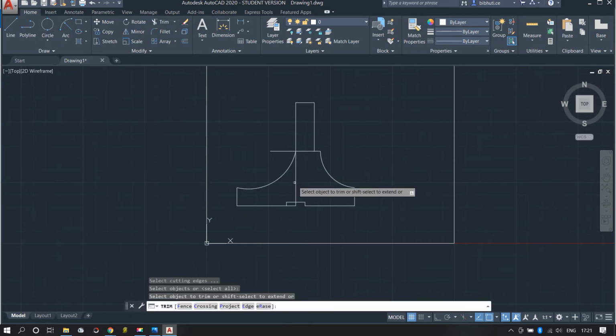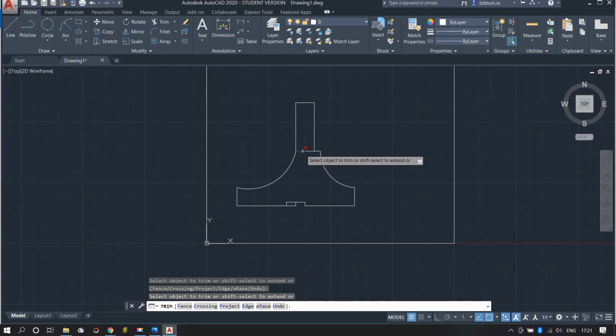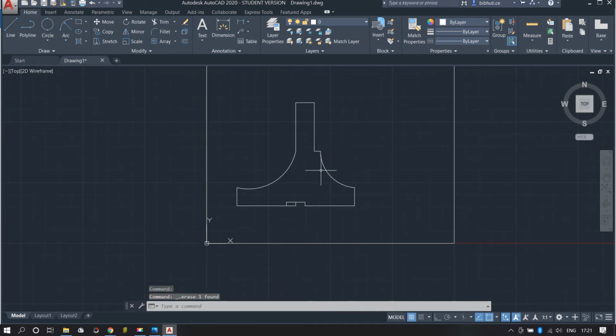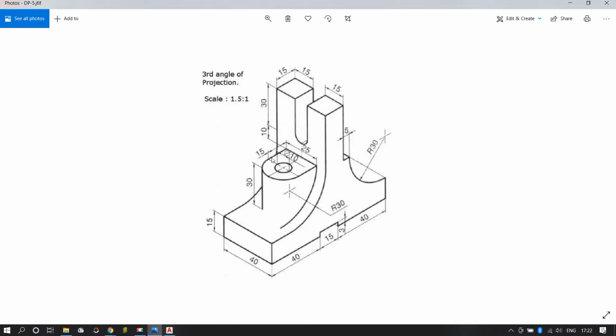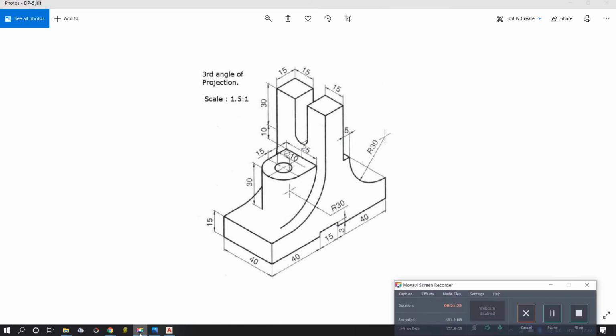So trim this portion, and trim this portion. Here also I can trim this portion. This is not looking smooth, but okay, let's leave it like this. Now let's draw this part. This part. Okay, for that